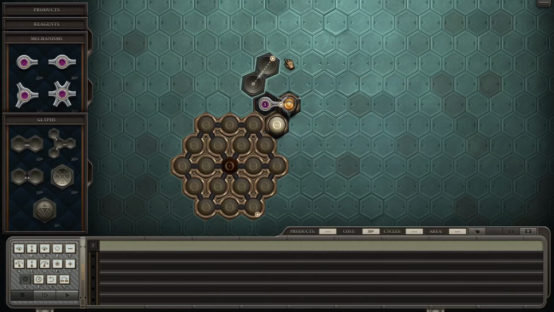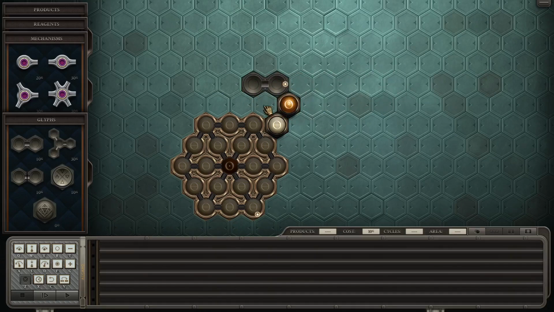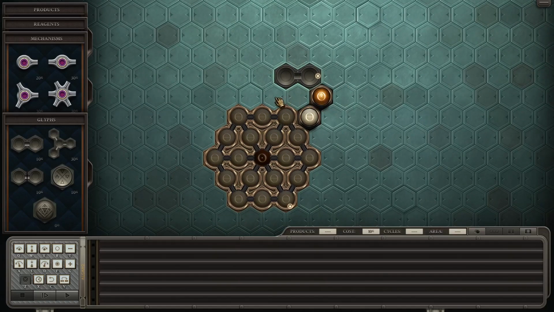Now, I can't actually get the glyph of bonding any farther away and still have it usable. To use a glyph of bonding with one length, one arm, it has to be touching 2 of the spots. So knowing that, I can at least discard this idea of using one length, one arm, and one glyph of bonding. So I'll either need...